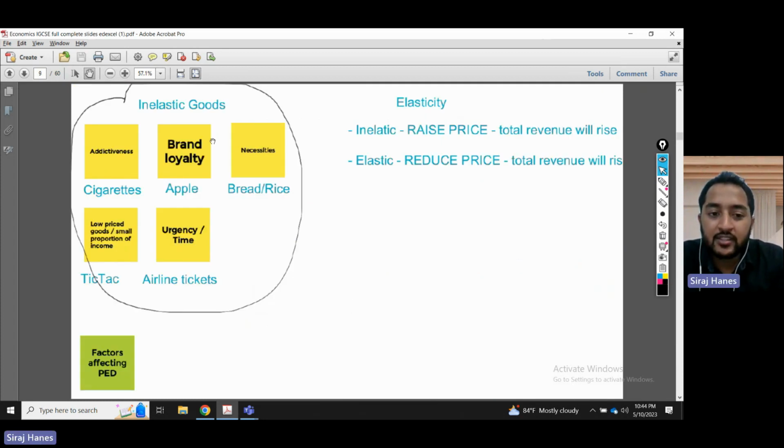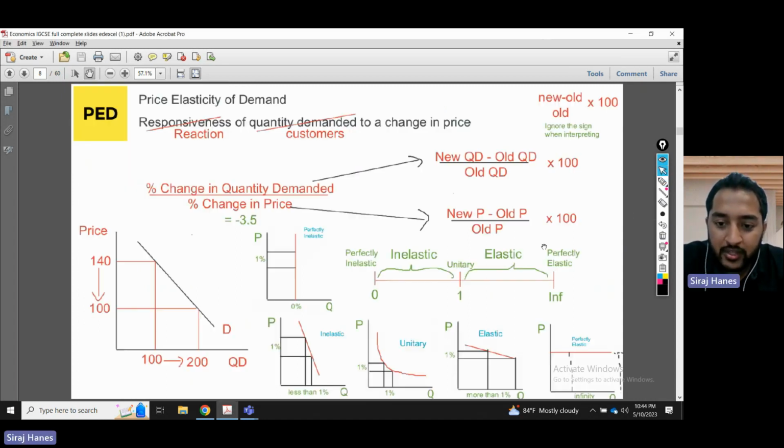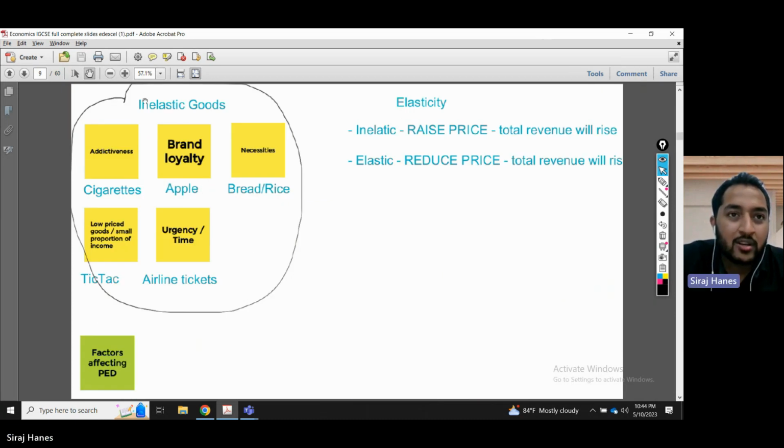We need to know the factors affecting elasticity of demand. Elasticity of demand, we want to see with inelastic. Like I told you in the previous slide, inelastic means even if you raise your price, now look at this carefully, you raise your price by 1%, less than 1% leave you, a very small amount. So if that's the case, guys, what makes our goods inelastic?